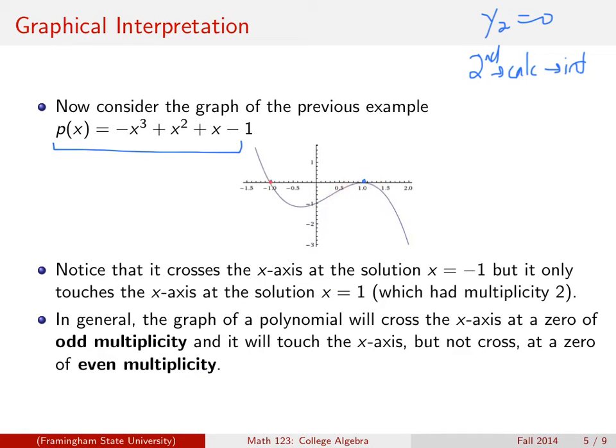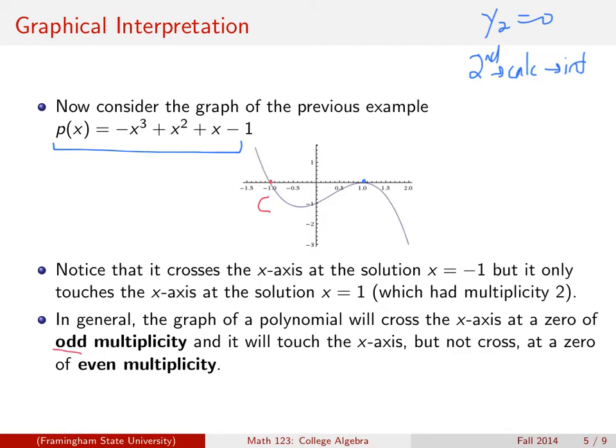We just bounce, or since we had negative values, we touch the x-axis and we stay negative. Why? Because we had an even multiplicity. We don't cross the x-axis. Here we had an odd multiplicity because x equaled -1 only happened once in the previous equation once we factored it. So you see how we cross